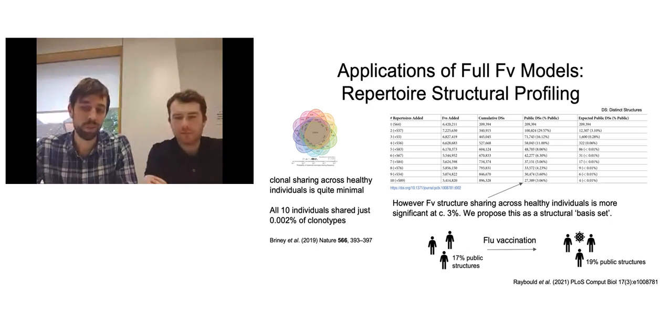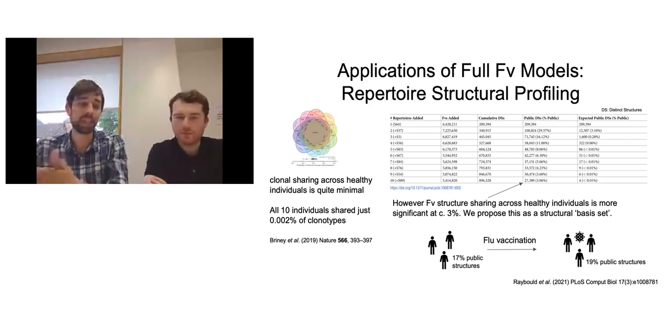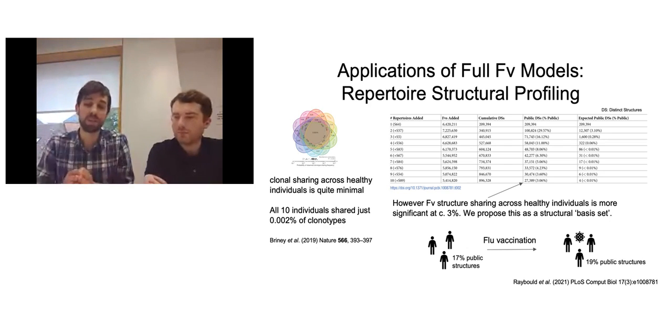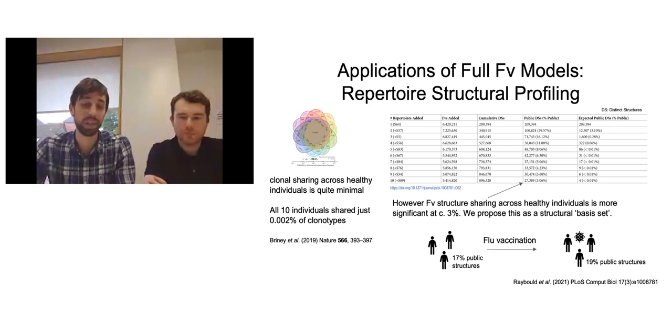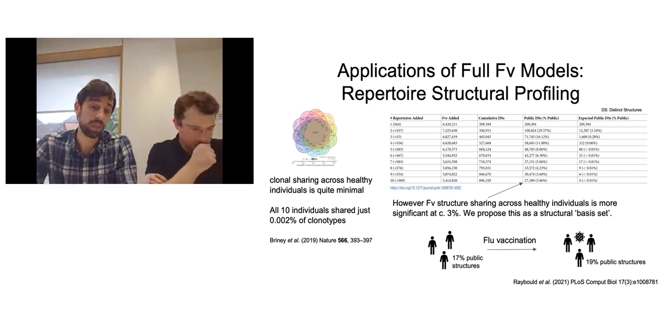And we've proposed this as a structural kind of basis set. And we've got ideas that maybe we could use it towards library design for drug discovery. We've also taken this set as representative of what antibodies typically look like in humans, to learn about maybe the therapeutic antibody profile. And so we're playing around with this idea and what we can learn from these really common 3% of structures.